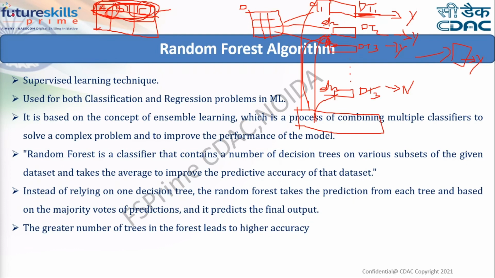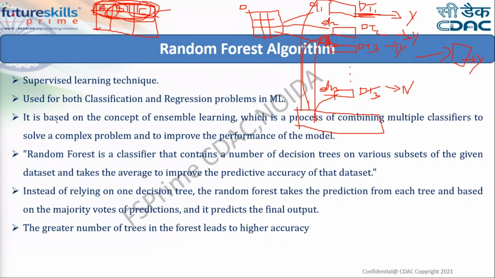Is it clear to everyone? The slight difference, how we are bringing randomization in our random forest. So we are creating several decision trees, and how those decision trees are different from each other is based on their data set and based on their attribute selection. Okay. Clear, everyone? Yes, sir. Okay.